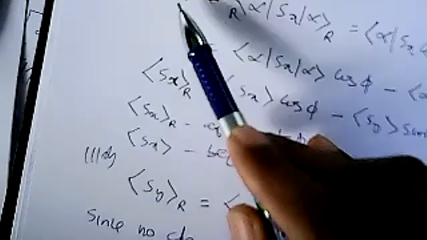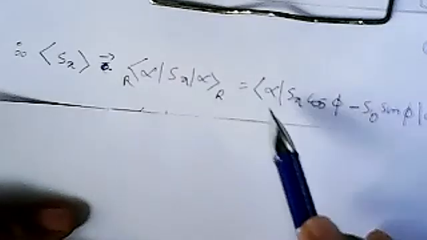You can continue. Now you substitute back the result we obtained. Okay, this was the result. Now we get the expectation value of Sx, that is what we are going to find out. Expectation value of Sx means, for the rotated state, bra alpha, Sx, rotated ket alpha. So you can substitute for this one.